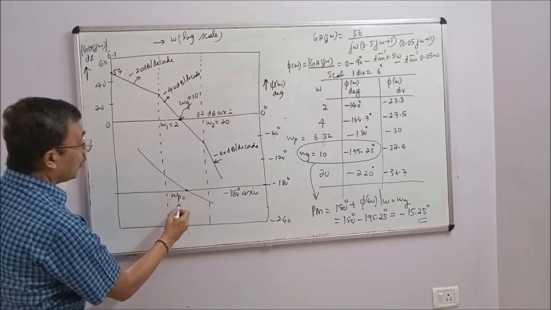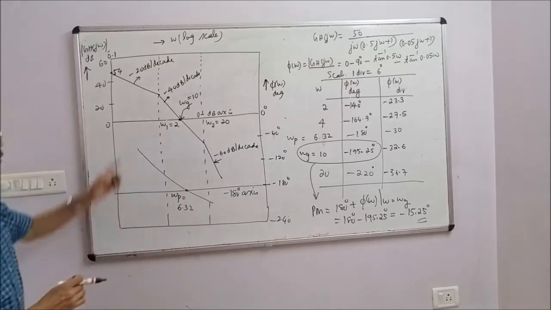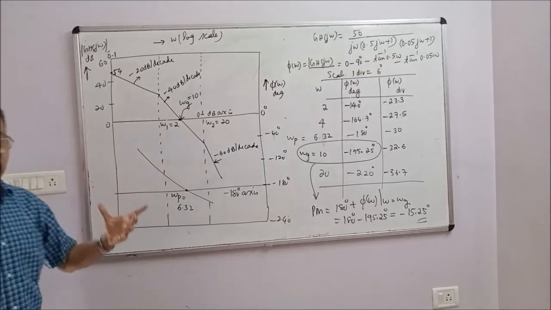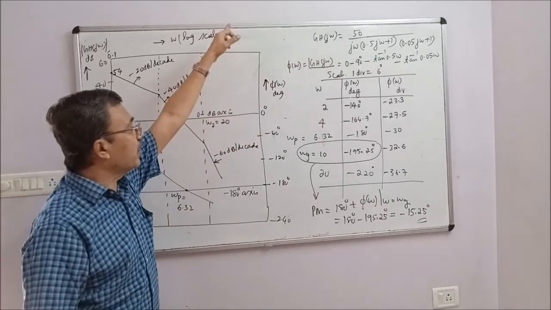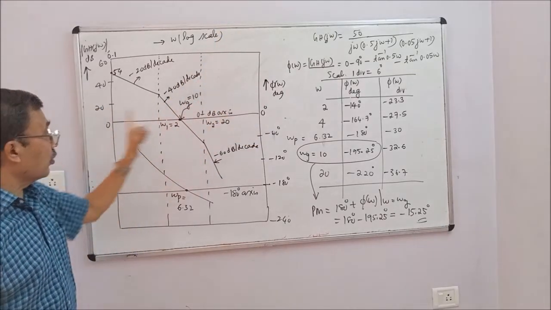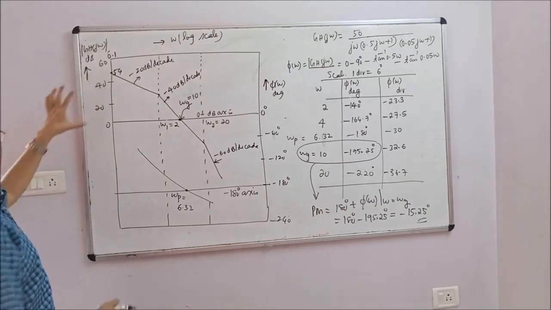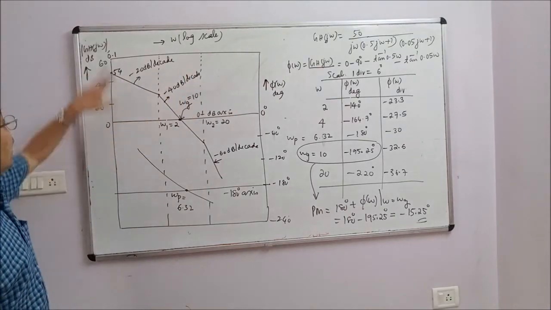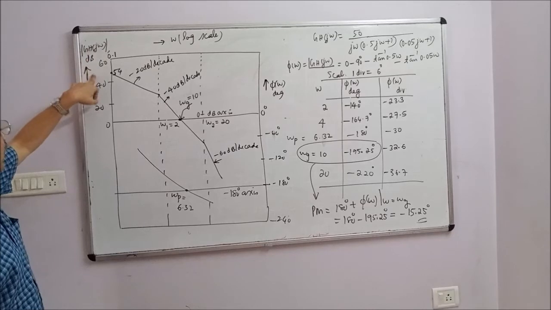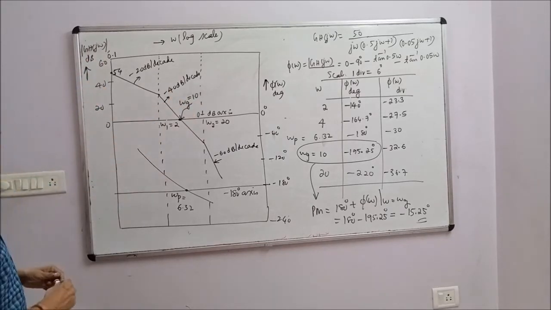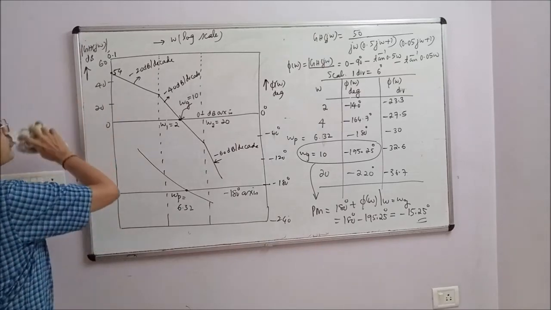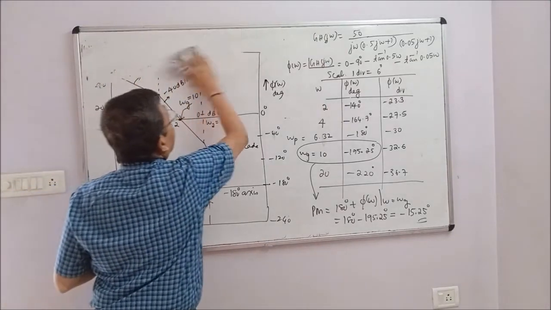This omega p is equal to 6.32. How this phase diagram is drawn on a semilog sheet, I shall explain after this discussion. So phi of omega is the y-axis, omega is the x-axis. The x-axis is the same for the magnitude diagram and phase diagram, whereas the y-axis represents magnitude for the magnitude diagram and phase for the phase diagram. Next, I will take a semilog sheet and explain to you how the actual graph looks. So that is our next task.